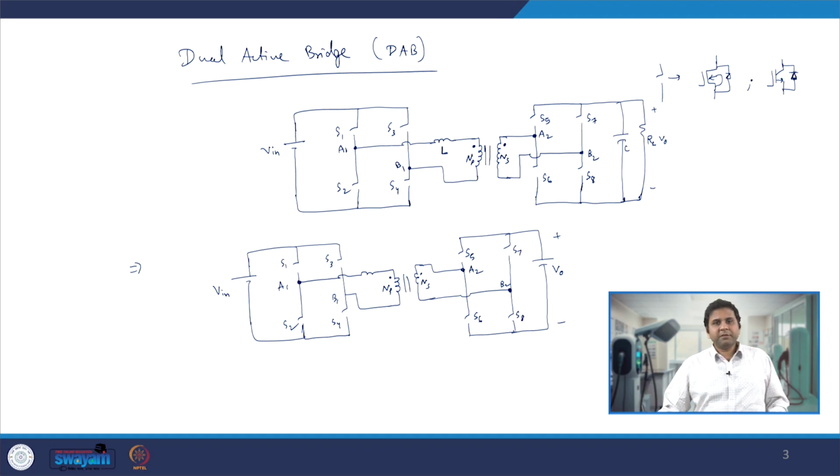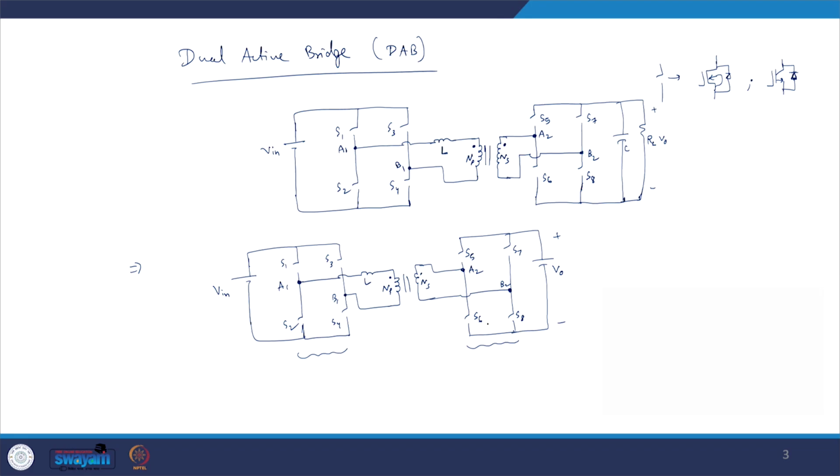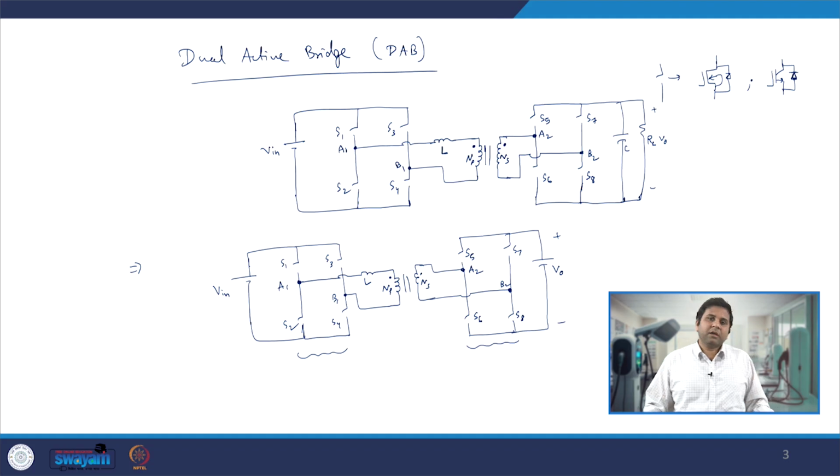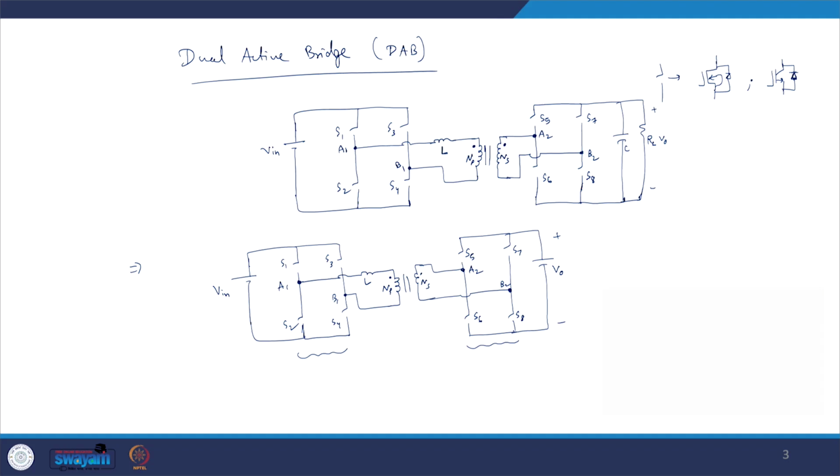Now if you look very carefully at this particular converter, this is a dual active bridge because we have one active bridge on one side of the transformer winding and another active bridge on the other side of the transformer winding, and these two bridges are actually active bridges. The reason being both bridges can apply any value of voltage between 0 and V in from A1 B1 and any value between 0 and V0 from A2 B2, in a switching average sense. Now in this particular structure we can represent this transformer in the form of a T model.